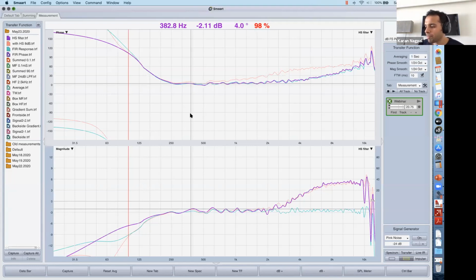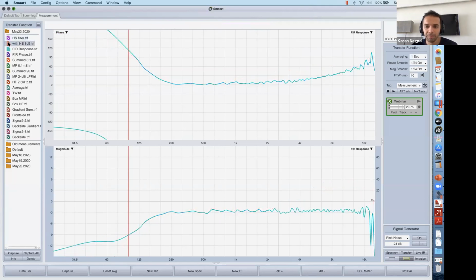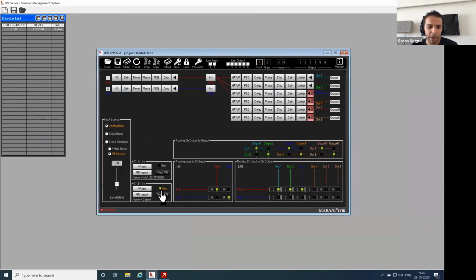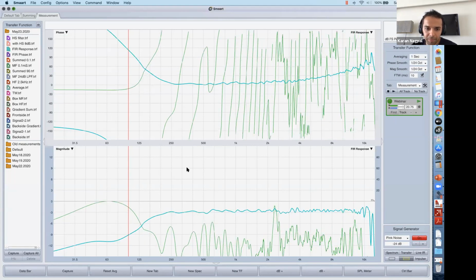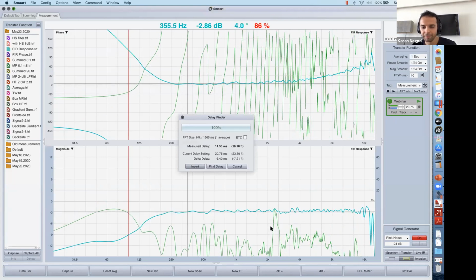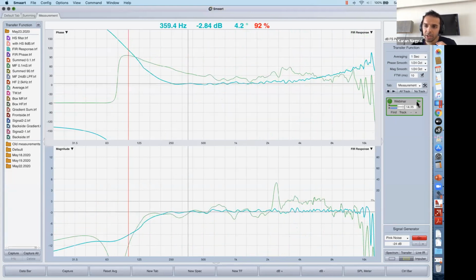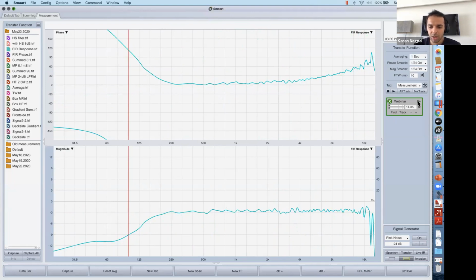If I just bypass my input FIR, you can see that the latency, which was 20.5, our time of path is coming to 20.75 milliseconds. So my latency has dropped by almost 6 milliseconds, and it's pretty much around the time that I targeted. I wanted to be around 5 milliseconds.